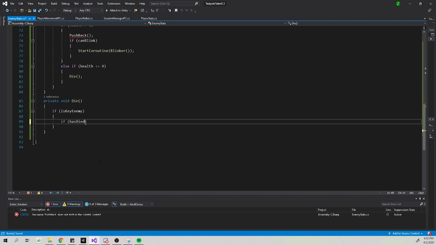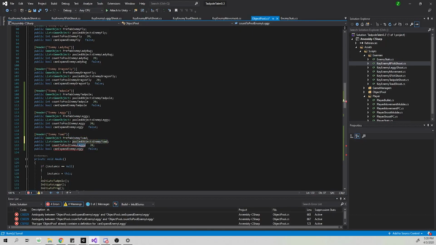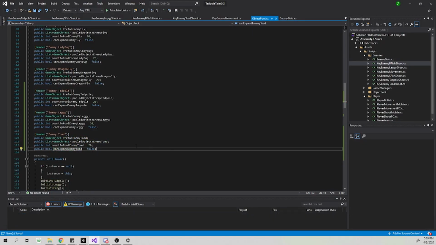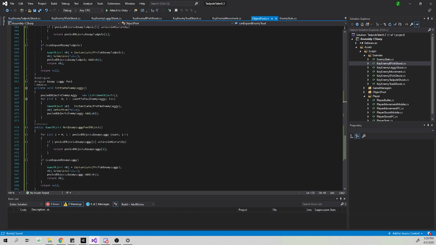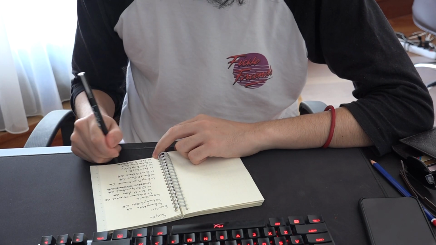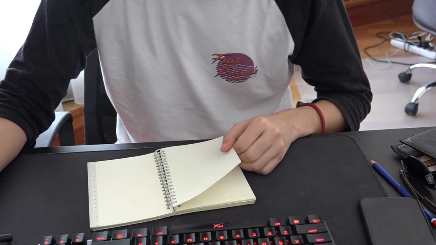By doing this, I also wanted to implement the pooling system. And I asked myself, Andrew, why don't you object pool everything? And firstly, I thought, well, that's very stupid. But then I disliked that some objects are destroyed and others are object pooled, and I just have to keep track of which objects are pooled and which are destroyed. So I just decided to object pool everything, and yeah,